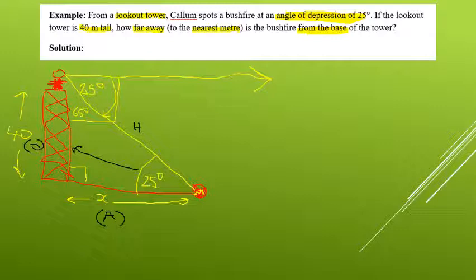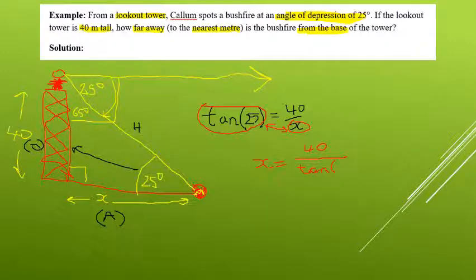So opposite and adjacent, we use tan. So we say tan of 25 degrees is equal to the opposite, which is 40, over the adjacent, which is X. The unknown is underneath, so we swap that with that, which leaves me with X equal to 40 divided by tan of 25, and we type that on our calculator, and that comes out to